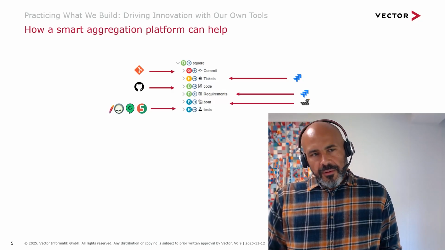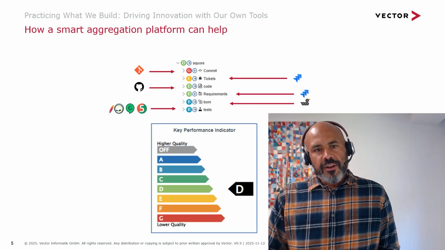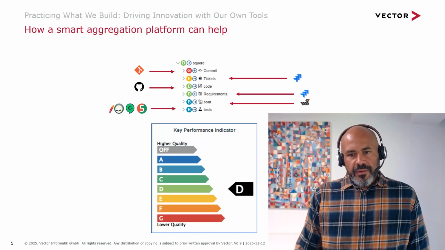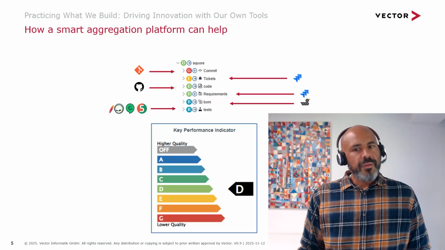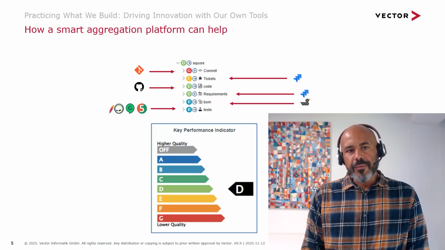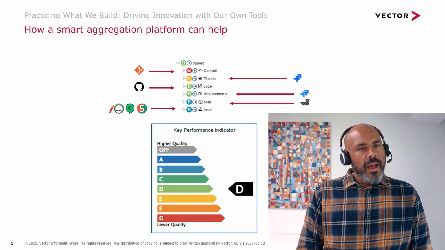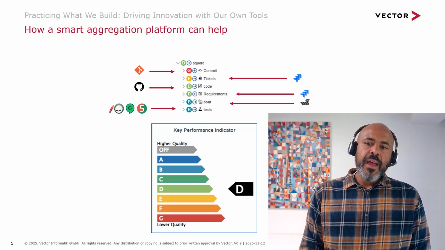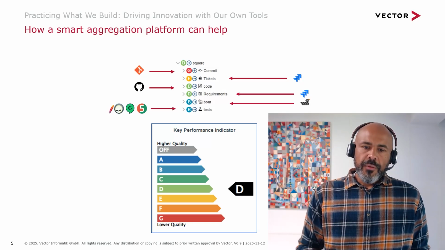And as a result, I get a rating for each artifact. So we use a scale that goes from A to G for this. And what's important is that I know that a bad rating might generate an action item for someone in the team. And so the most interesting part of normalizing all the information is how you can learn more by cross-referencing